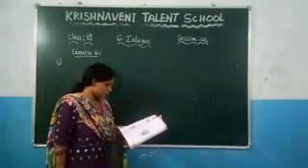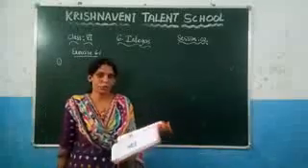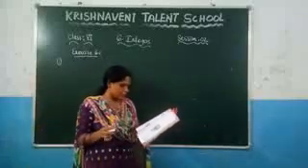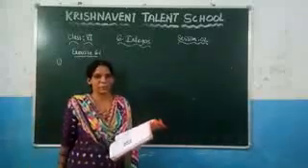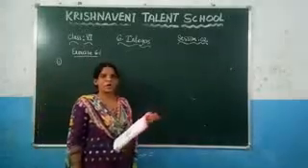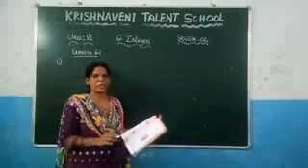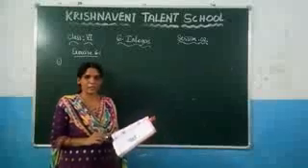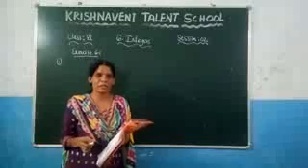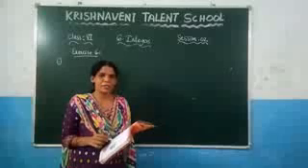Exercise 6.1, first question. Represent the following statements using signs of integers. You have to read the statement and observe that in all these statements one number is given. Before that number you have to keep either the positive or the negative symbol. Based on the question, you need to tell which sign to place before that number. That is the question they have given. So here, in a question, if you see terms like above and the like, you can keep the positive symbol.